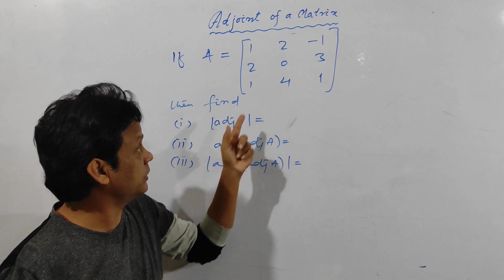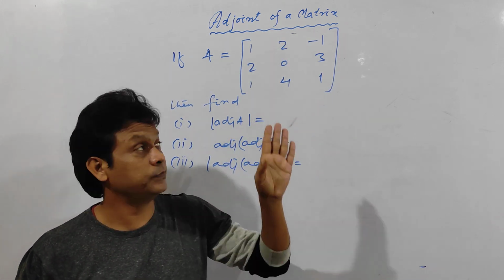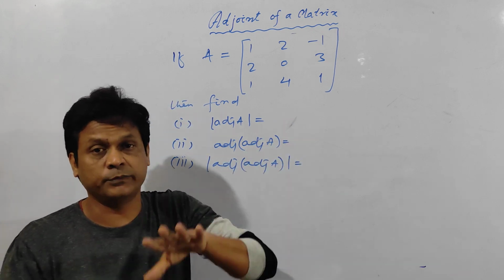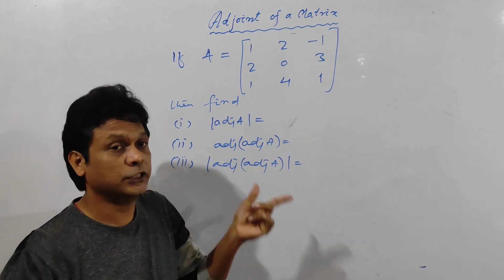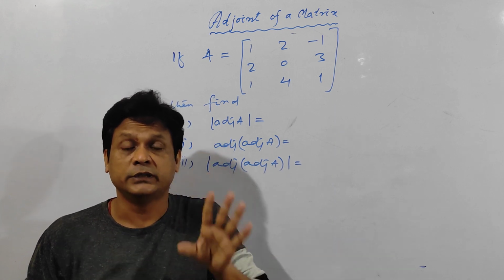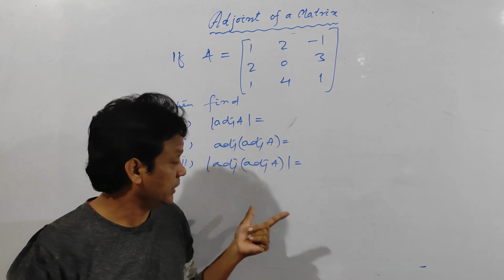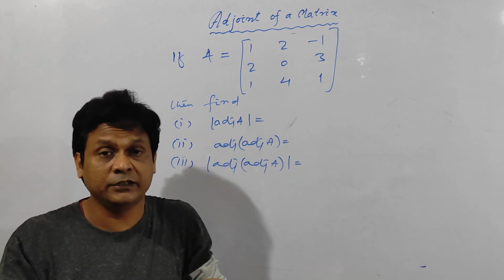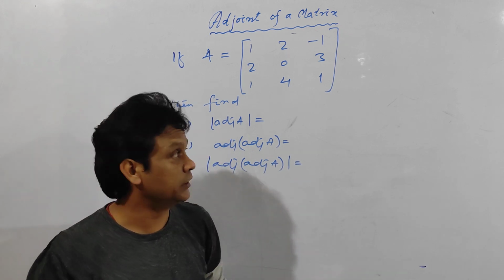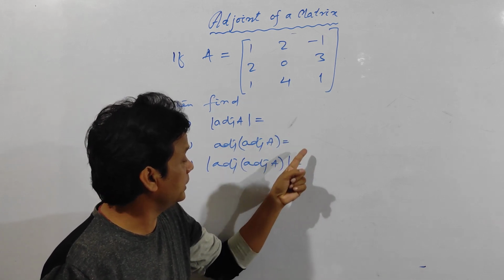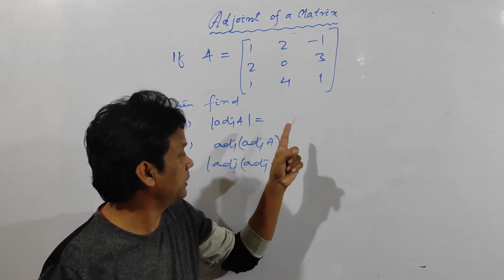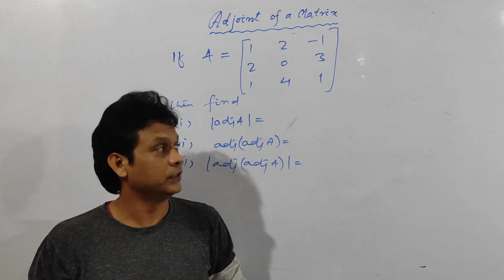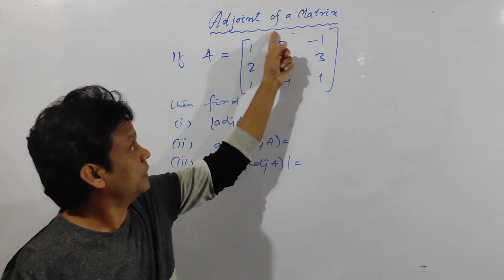And for the second question, first of all, you want to find out the cofactors of 9 elements, then again cofactors of 9 elements. That means for this, you want to find out the cofactor of 18 elements. And for the third case, you want to find out the cofactor of 18 elements, then you want to find out the determinant. But each question is 1 mark. This one is also 1 mark, this one is also 1 mark, this one is also 1 mark. So how to do it? Clear? So, I will give you the formula.